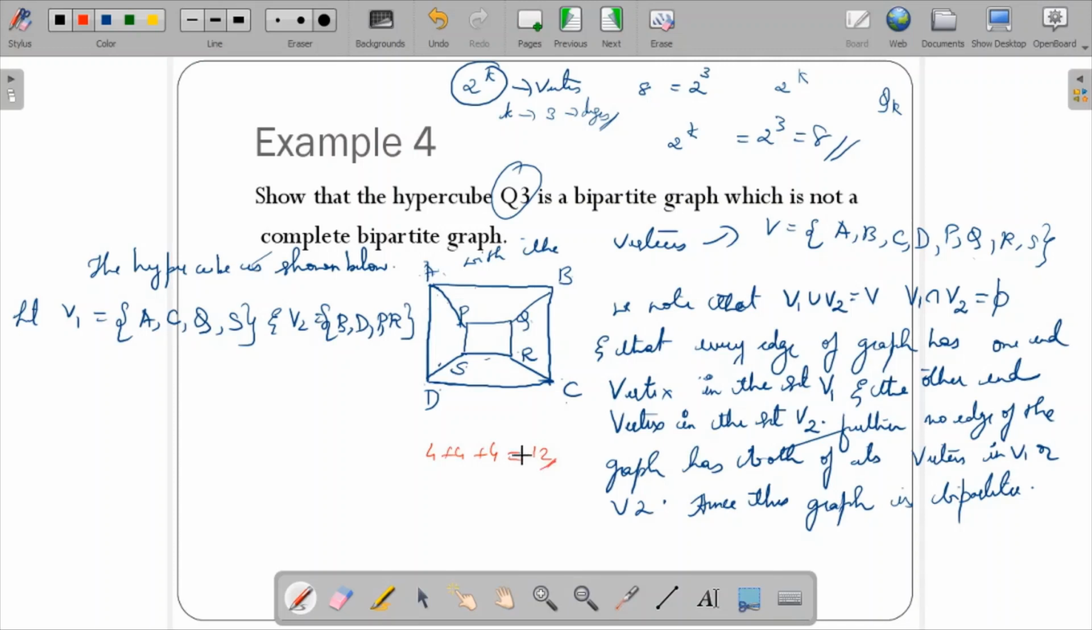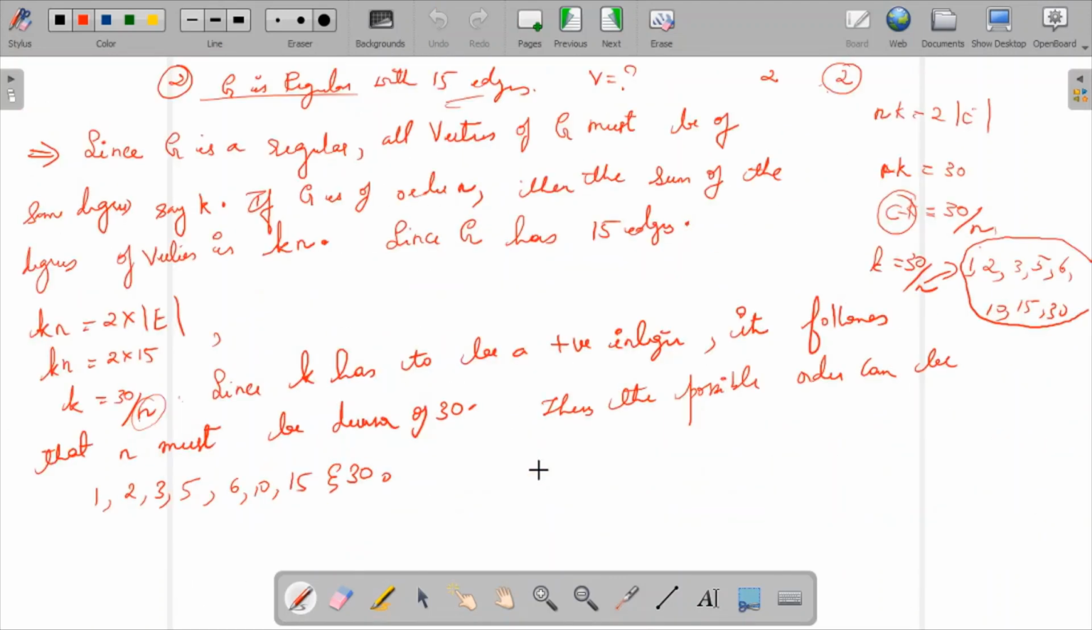This is the edges. But when you count the degrees, for this it will be 1, 2, 3, and for this also 1, 2, 3. So each would be 3, and how many others? 8 others, 8 into 3, which is 24. So degree and edges are completely different. Don't get confused between the degree and the edges. Similarly, if we go back over here,